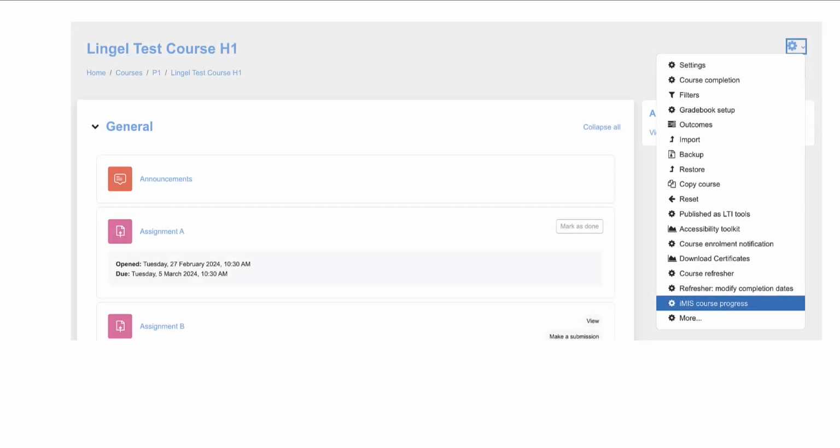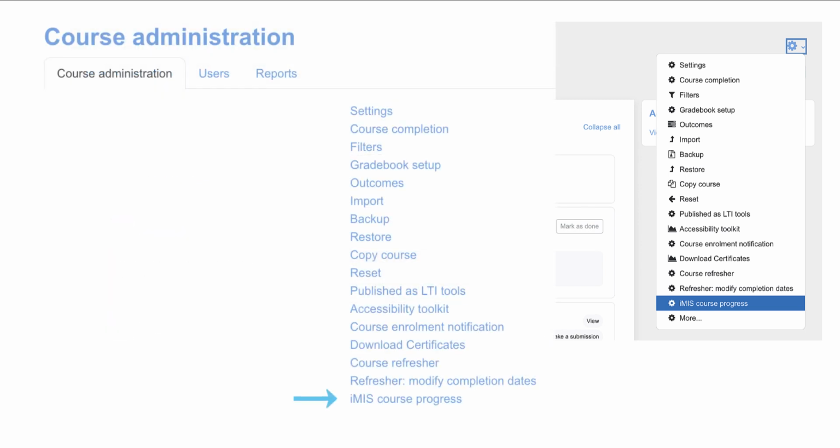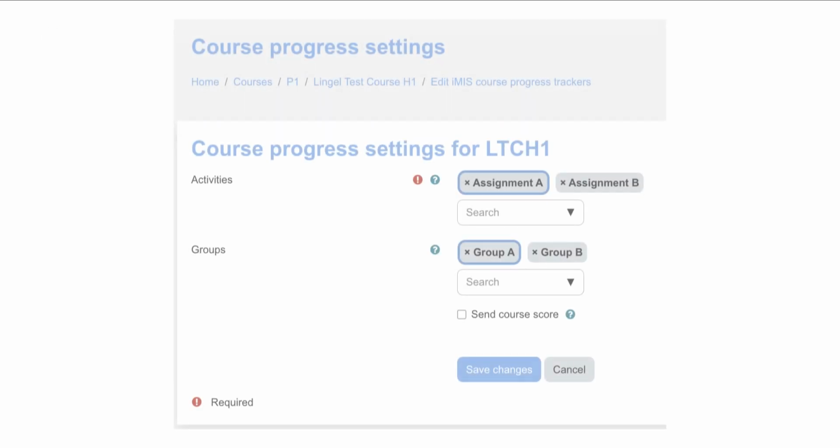Now with the core plugin settings configured, we can begin setting up course progress trackers in our Moodle courses. Within the course page or the course administration menu, select the IMIS course progress setting. On the following page, select the activities and groups for the progress tracker to consider. The Send Course Score checkbox setting, if enabled, will send the course grade when the course is marked complete for